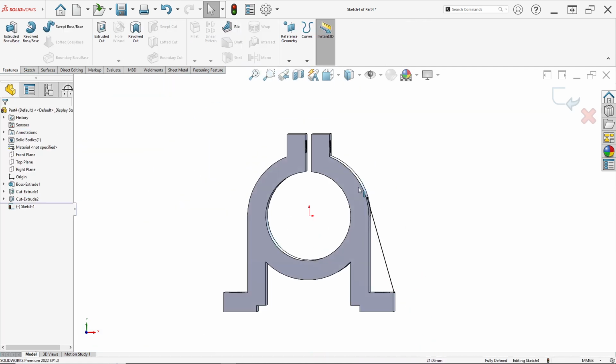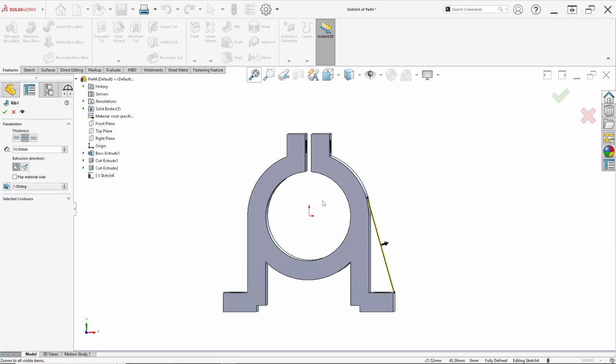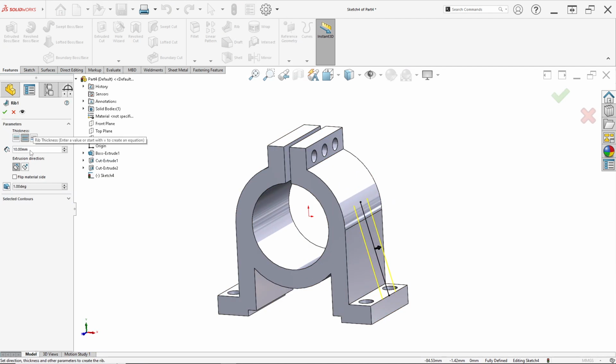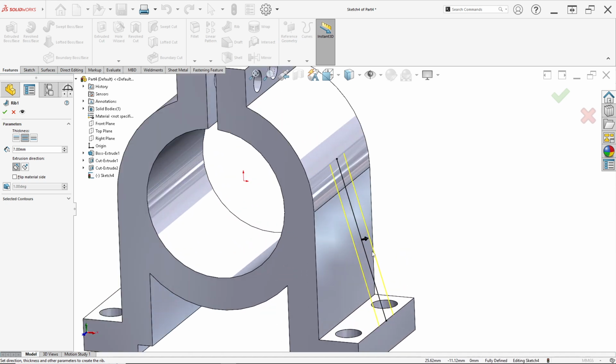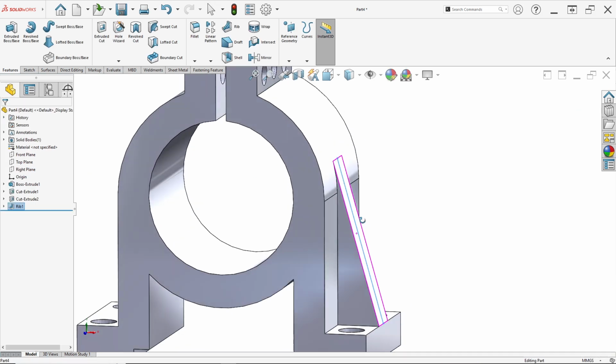And select feature and choose rib in here. For thickness, change the rib thickness to 7 millimeter, because in here it is 7 millimeter. For direction here, we can check flip material side, because unflipped, the direction is outward, but we want to make it inward. So for direction we can change direction. Just click flip material side, like this. And for thickness, ensure you select both sides, like this. Just click OK and done like this.